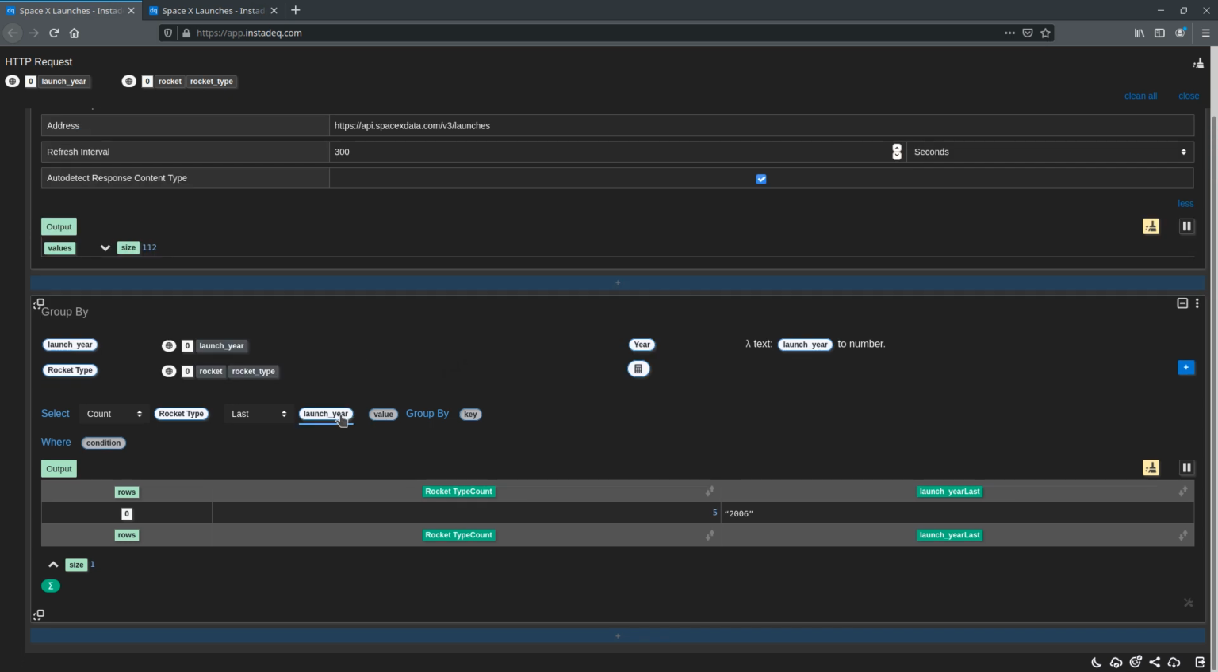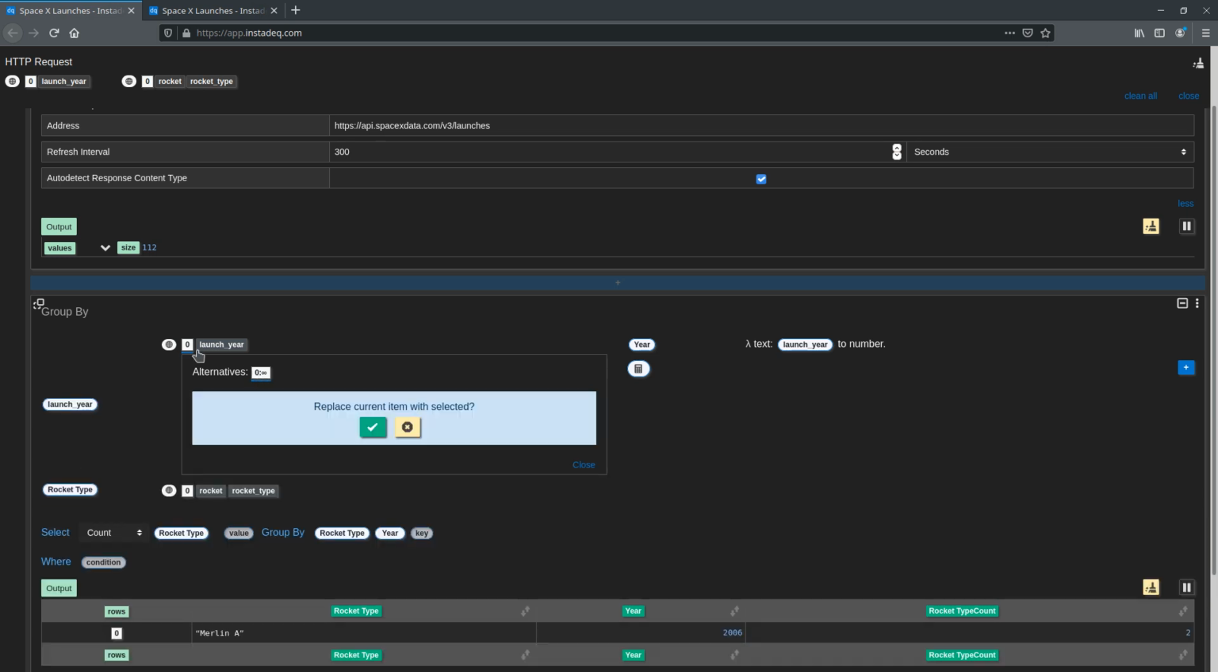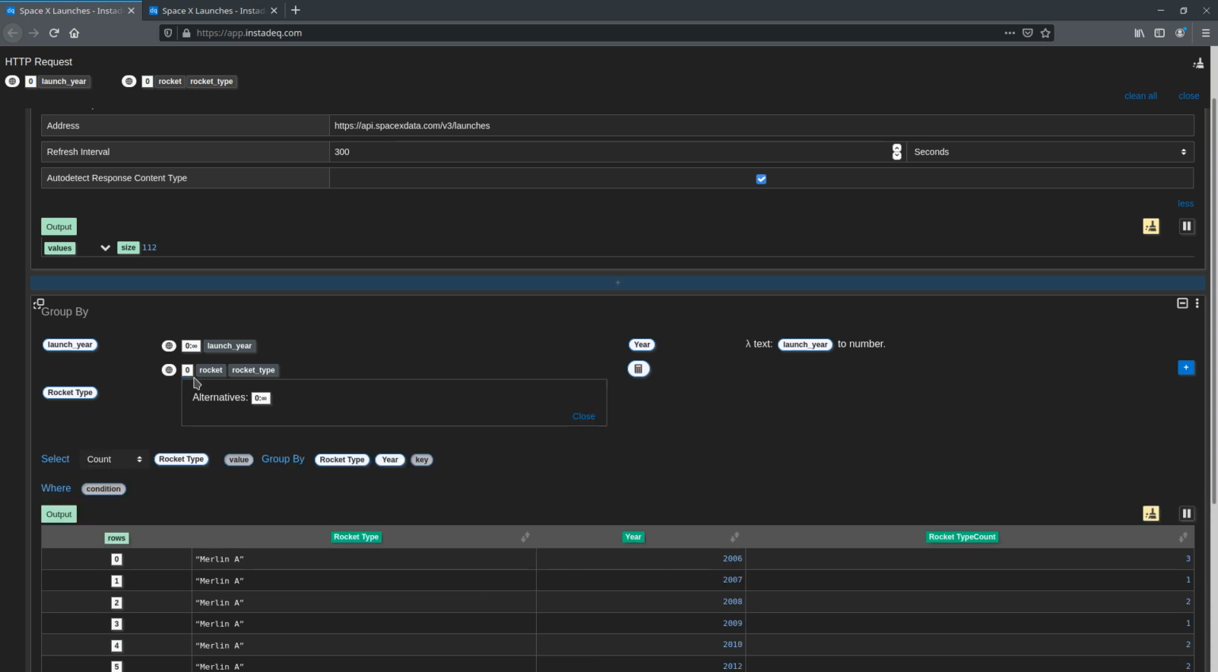So now I will remove this and I will add rocket type and year to the group by. We can see that now the year is a number, but we only see one row. That's because we dragged the first item on a list on JSON. So we need to tell Instadeq that we want all the items in the list. For that we click on the 0 and select the alternative 0 to infinity, and we do the same on